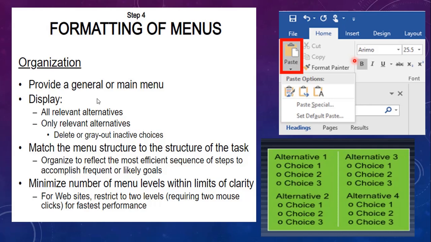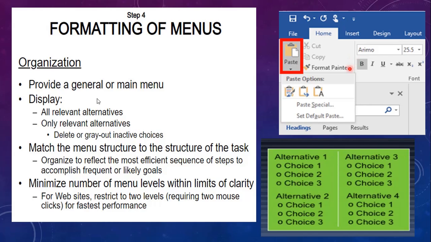Based on the studies, they reached a final conclusion: minimize the number of levels within the limits of clarity. What is clarity? If the choices displayed cannot be segmented into logical categories, then you have to confine them to 4 to 8 per menu.